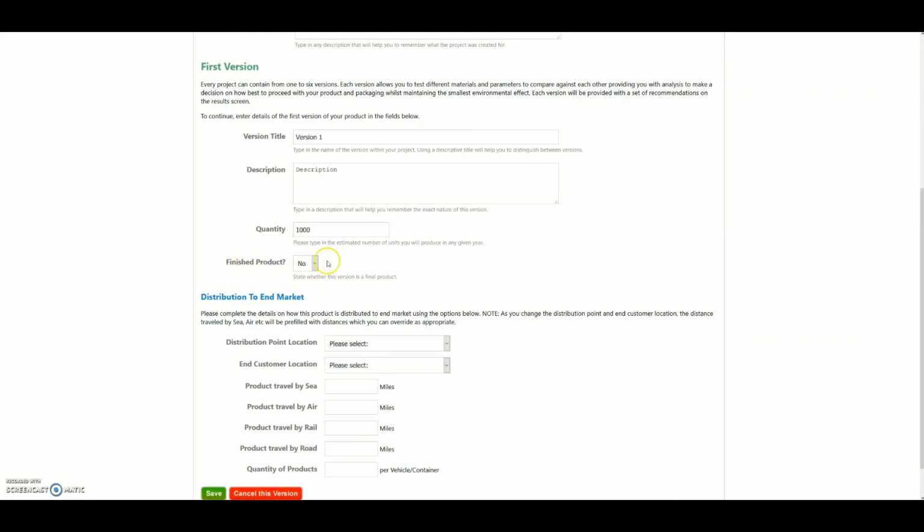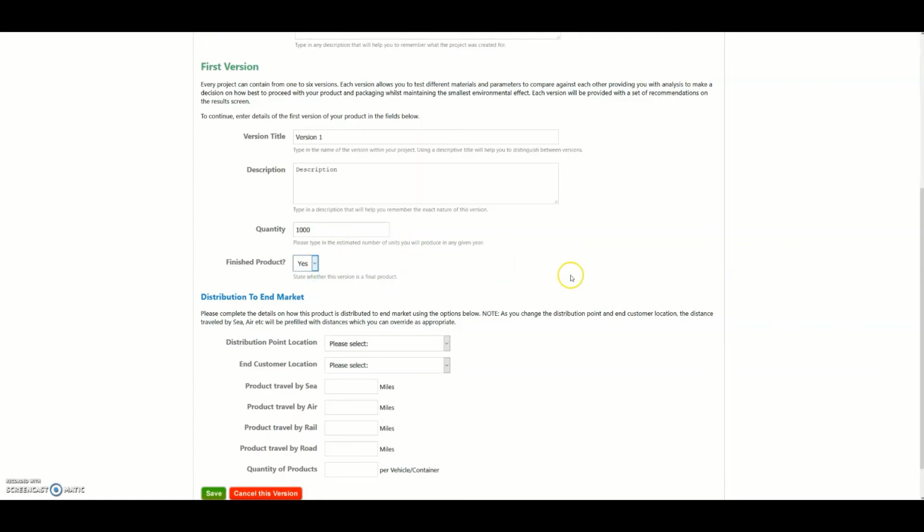There's also then this box which is asking you whether it's a finished product or not. Again, it's purely to allow you to sort data at a later date. A finished product would be one that you are definitely manufacturing and is going to be sold. You may want to look at what-if scenarios. You may want to run projects through that are never going to be made. They're just design exercises. They're exercises in looking how changes will affect the impact overall. That will be a no in terms of a finished product. But again, this is just an indicative piece of